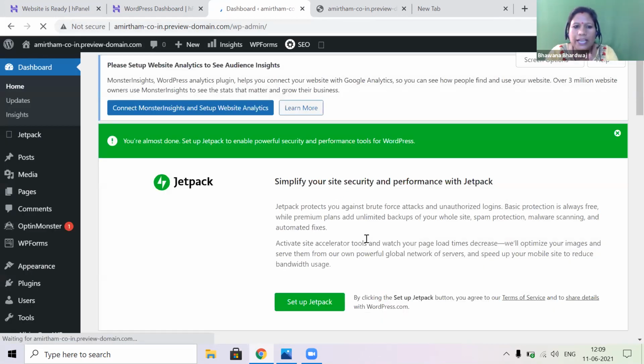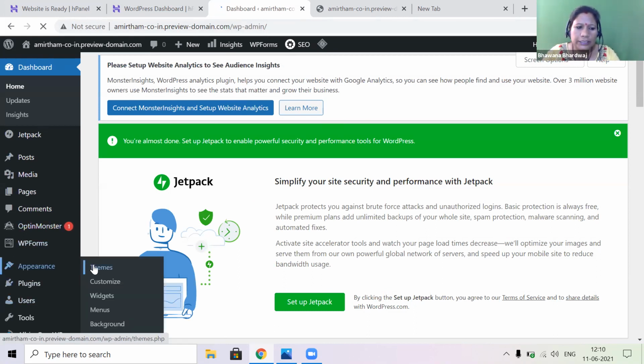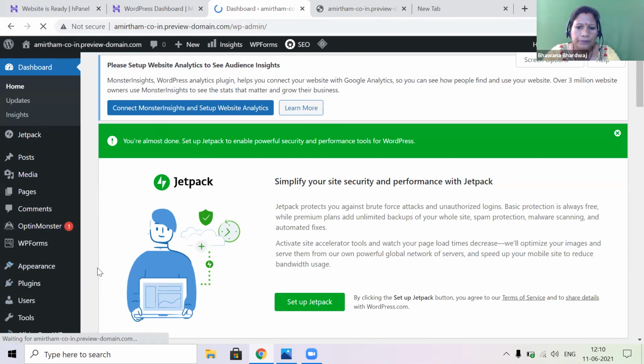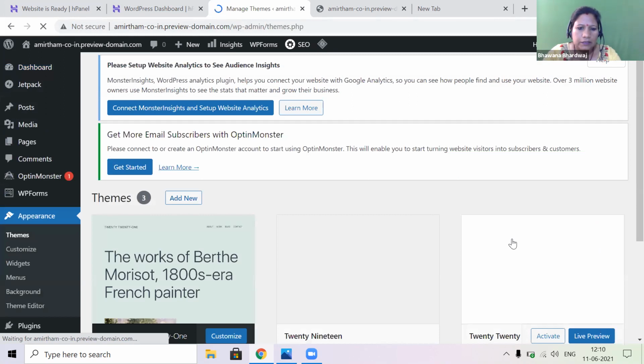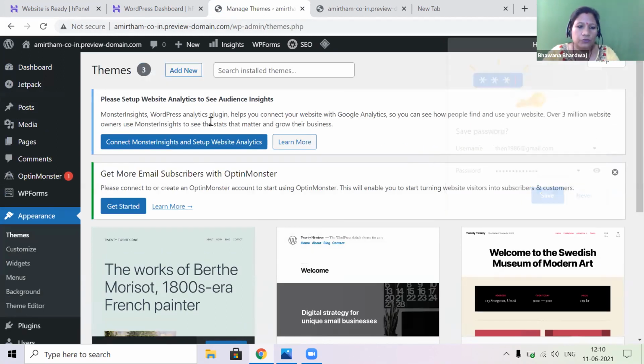Right. So again, we are revising the Astra part. You can simply go to Appearance, go to Themes. Click on add new at the top.